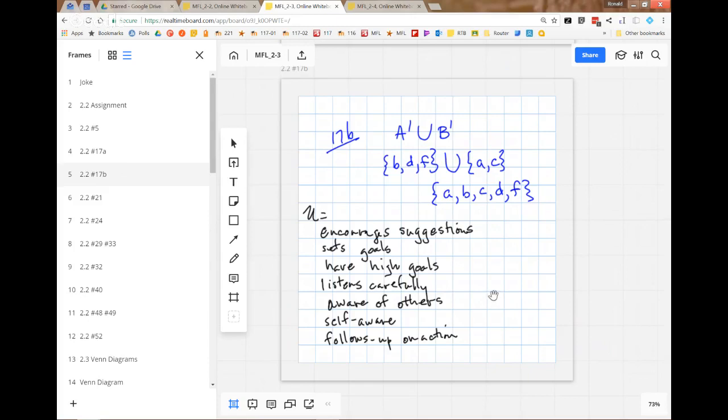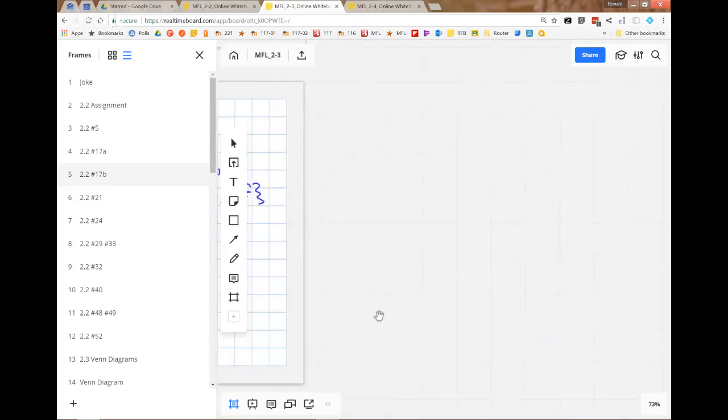Anybody else on 2-2? Oh, 29, I think I did figure out, but I had a problem with 29, 33, and 37. But 37, I just could not come to grips with that answer. A complement, complement. So, let's see, how can I explain that to you? Let me make a little drawing, and I think that might do it.